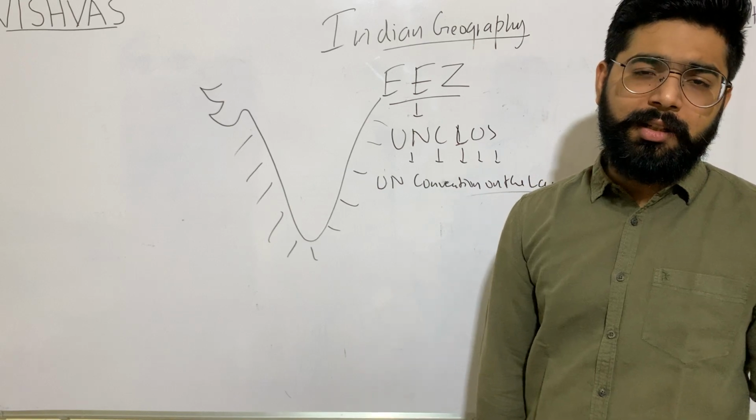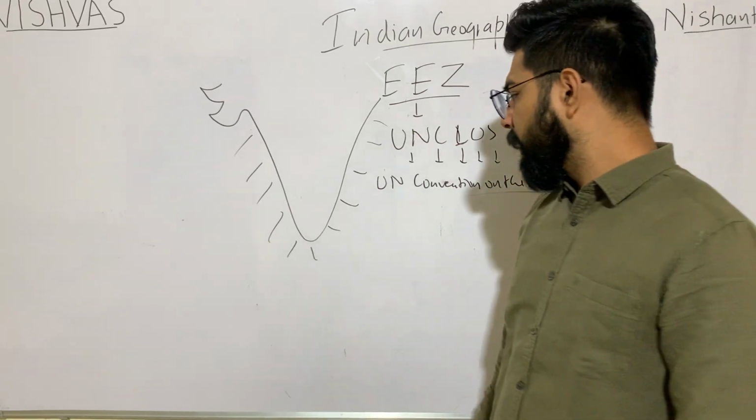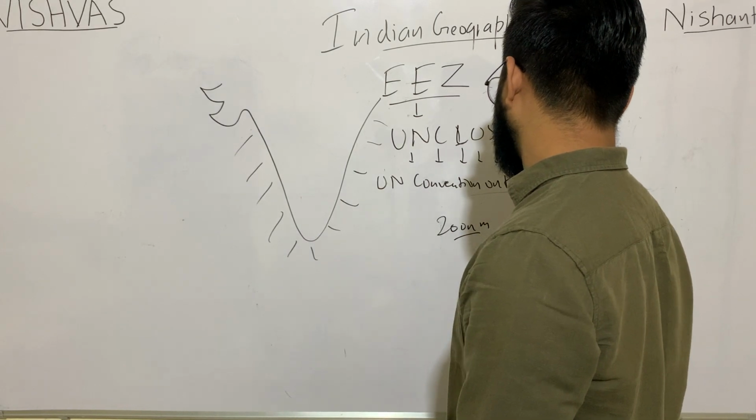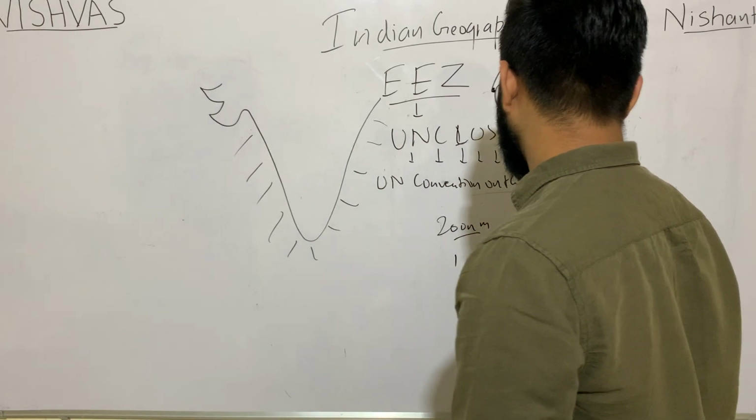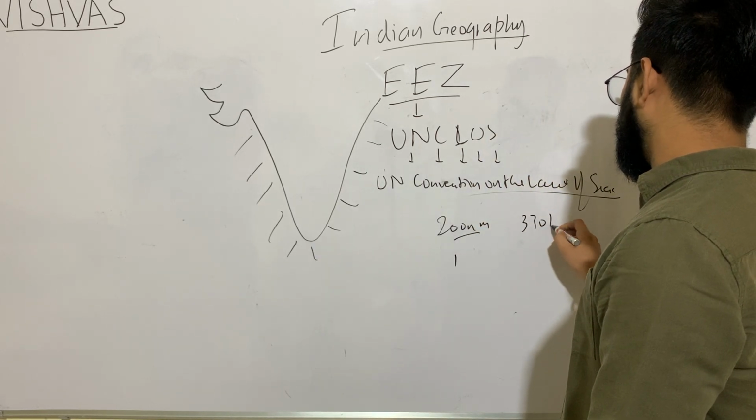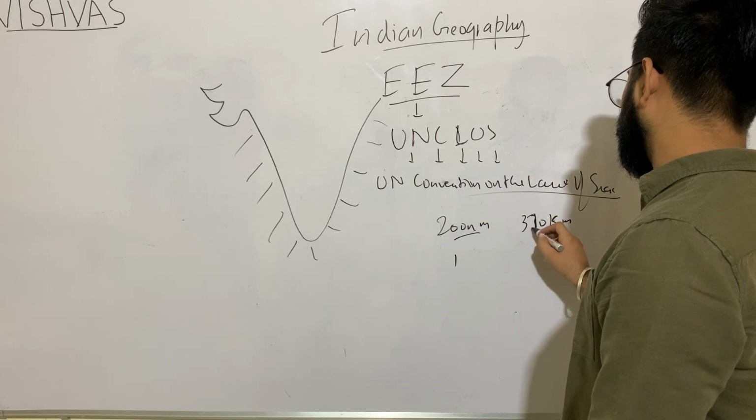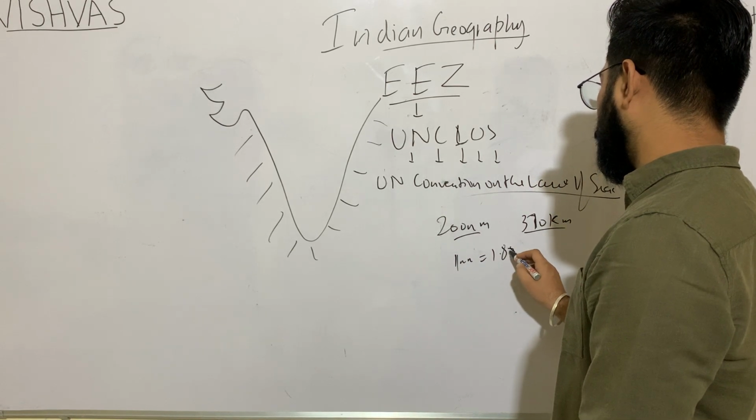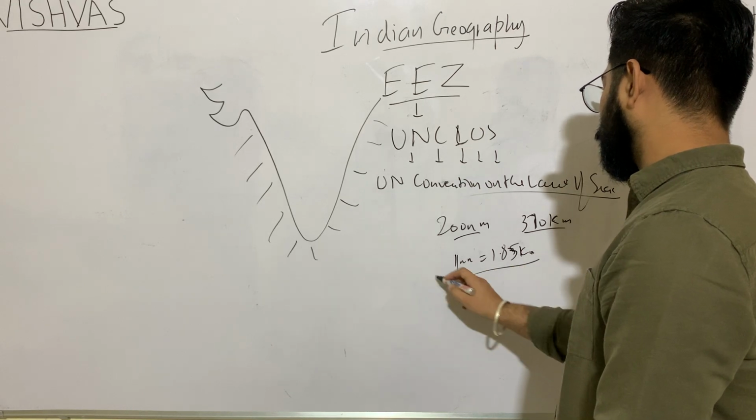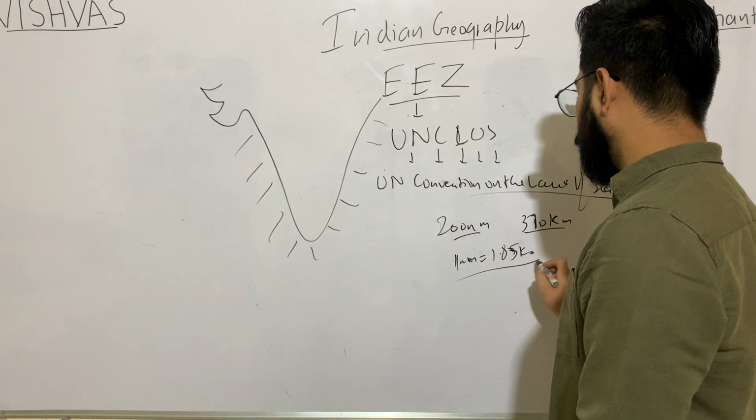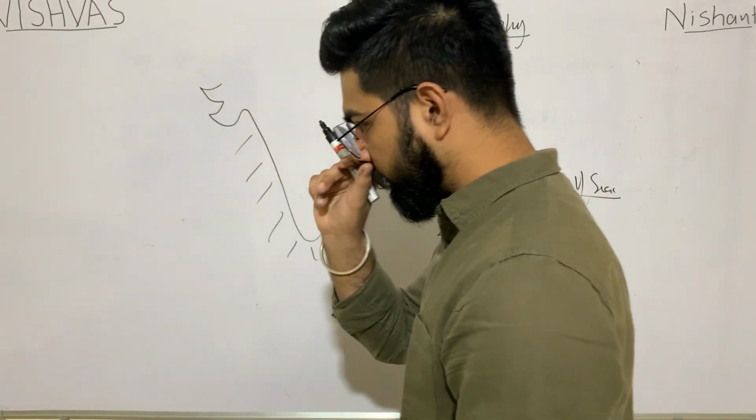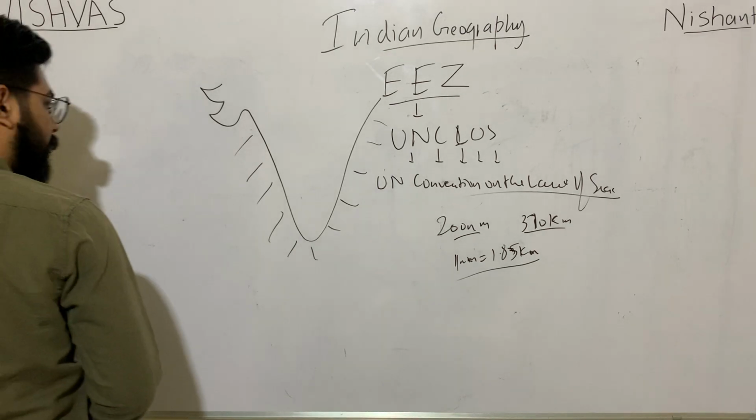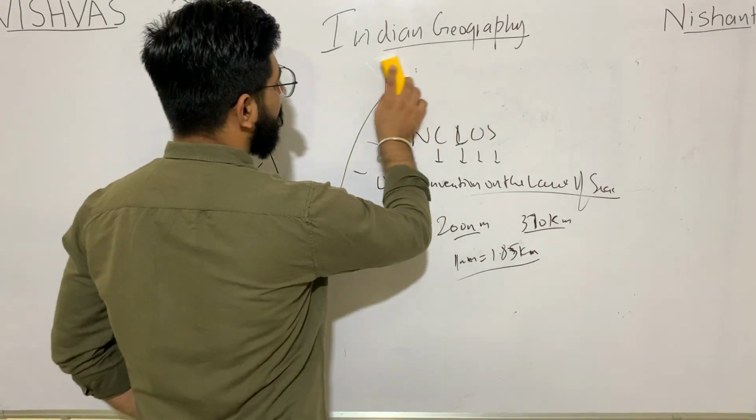Now, till what distance can we exploit? It is till around 200 nautical miles. 200 nautical miles, you can say around 370 kilometers, because 1 nautical mile is equal to 1.85 kilometers. Also, the exclusive economic zone